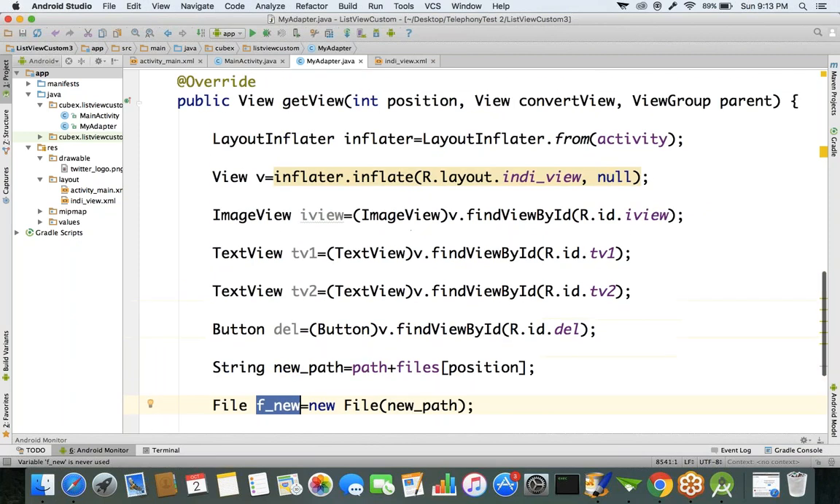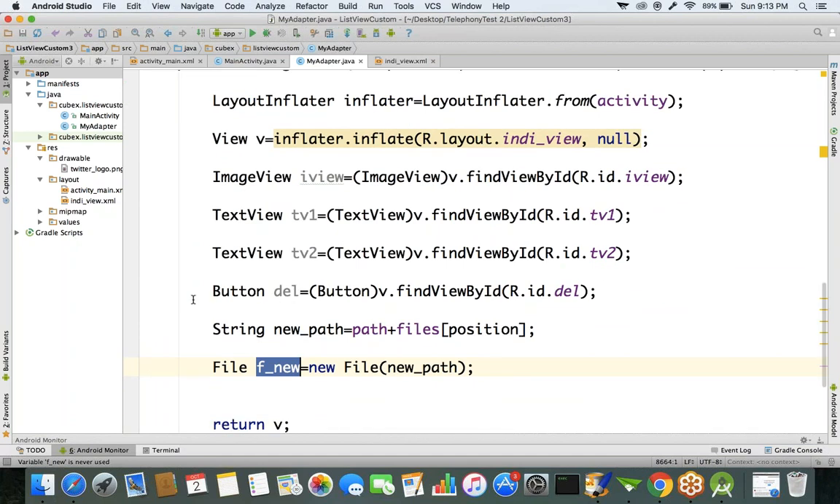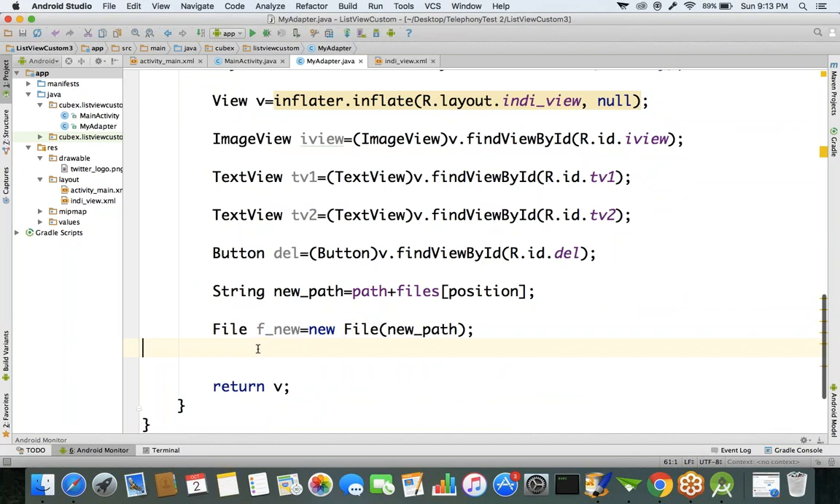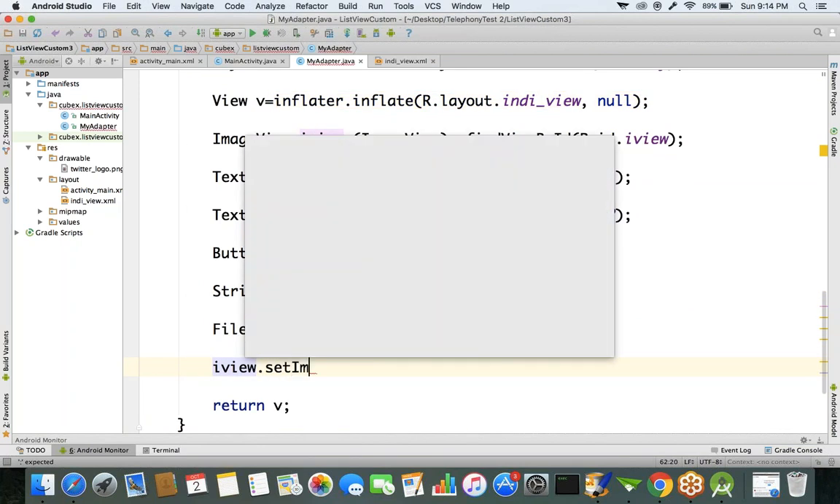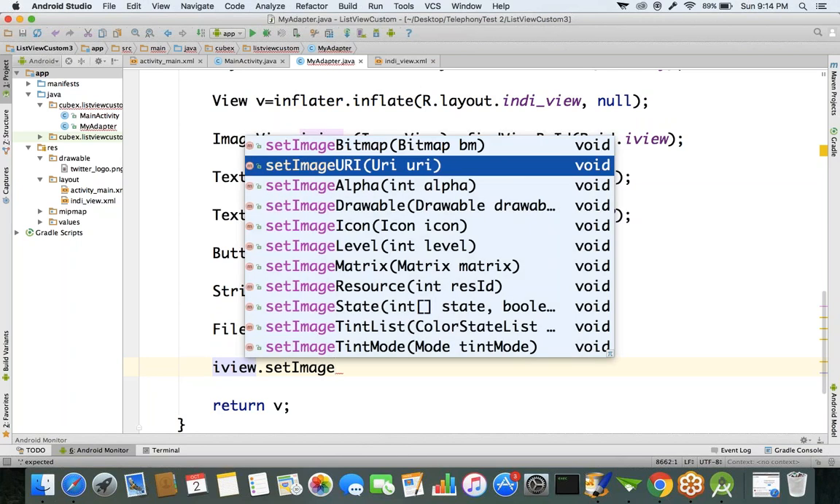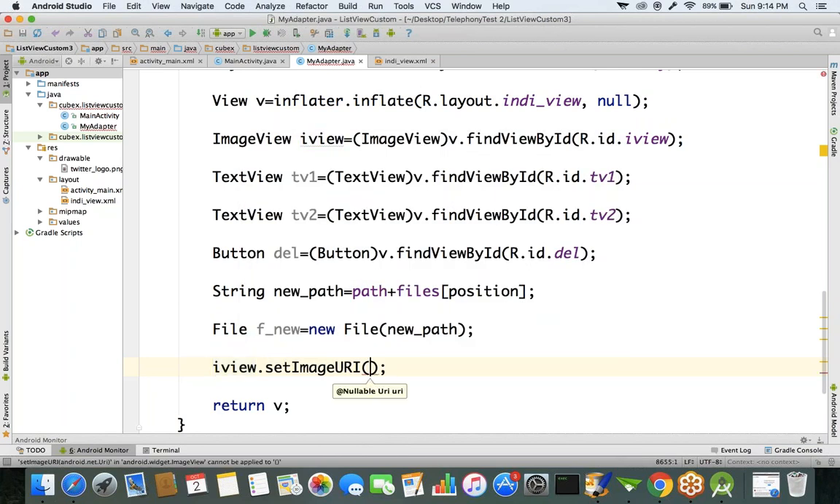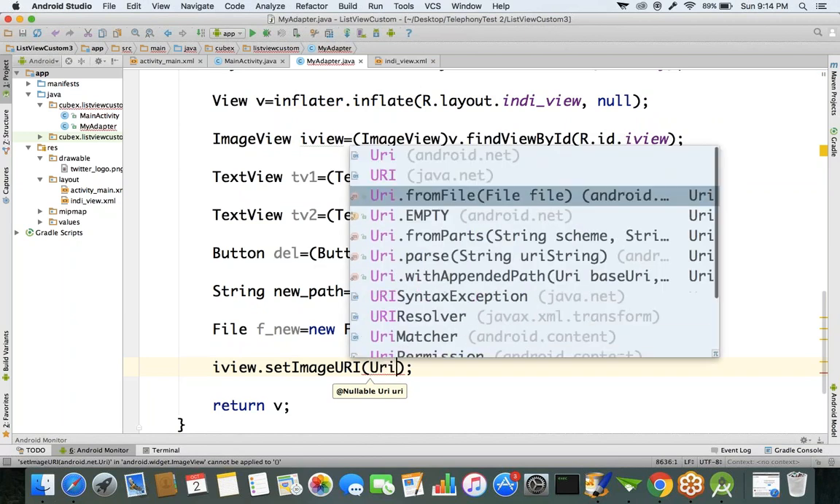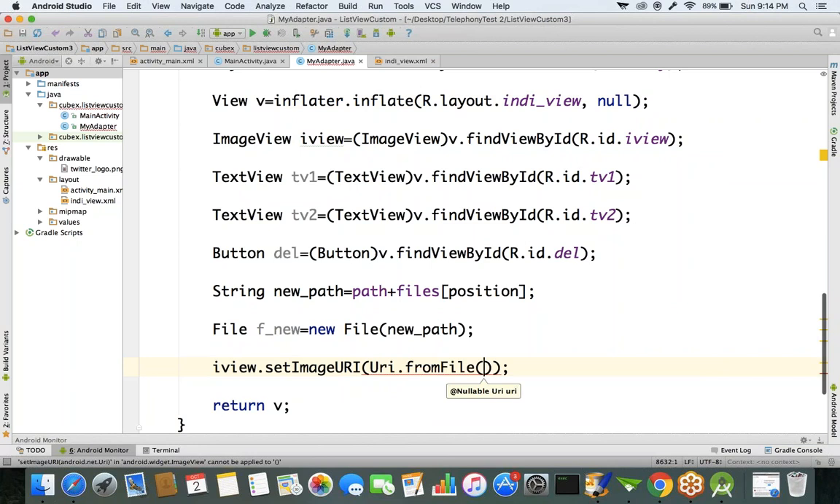I mean the individual file. However many items are available in that specified folder, that many times this loop is going to repeat. We are getting the individual file object here. So now we'll set that file object to the ImageUri component. ImageUri dot, there is a method called setImageUri. So we have to specify Uri.fromFile of